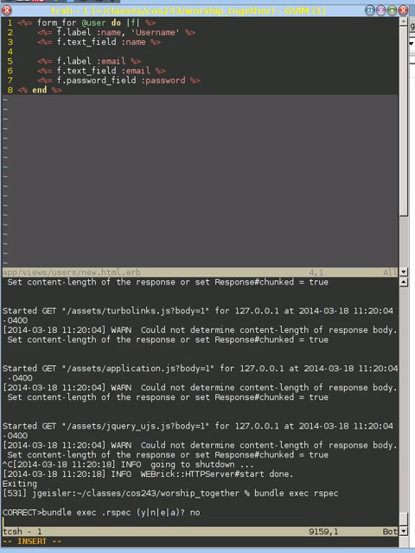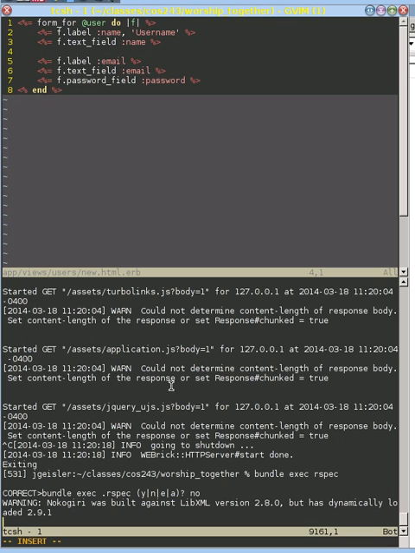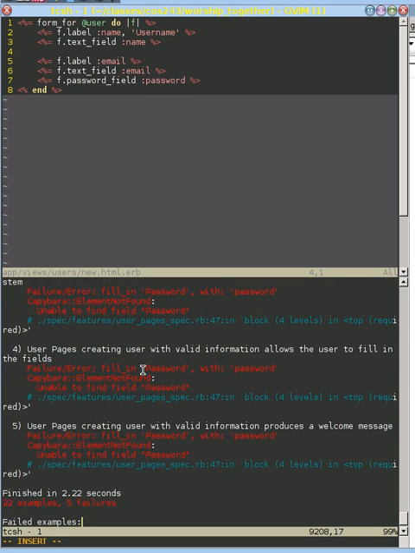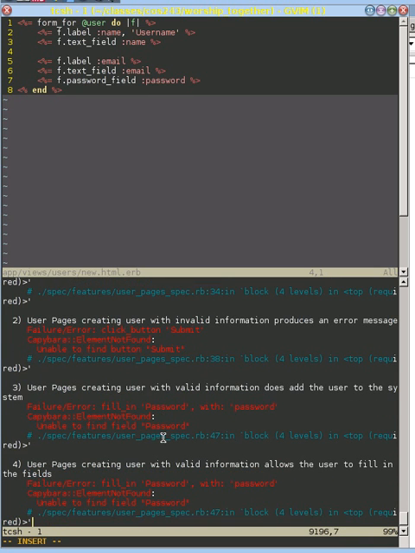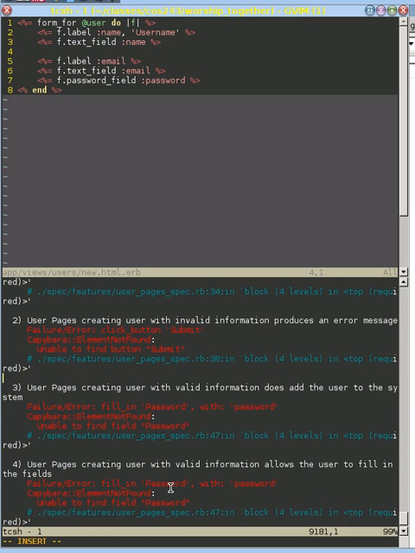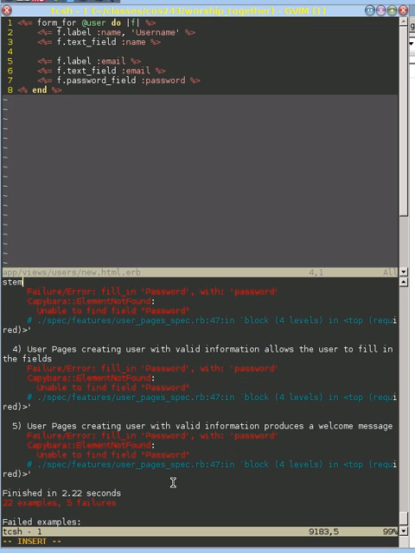And what we should see is now it shouldn't have any trouble with our email because we've properly put a label in there, but we still have 5 failures because we're not able to fill in this password right here. So let's fix that real quick